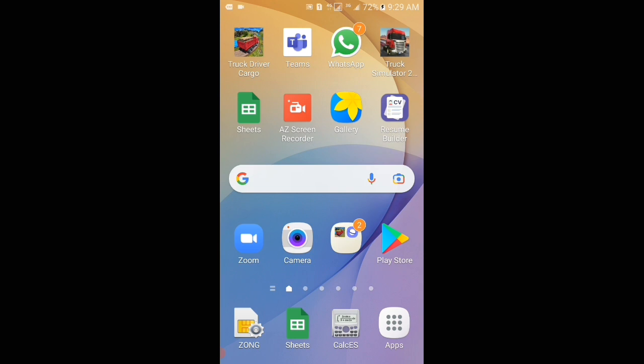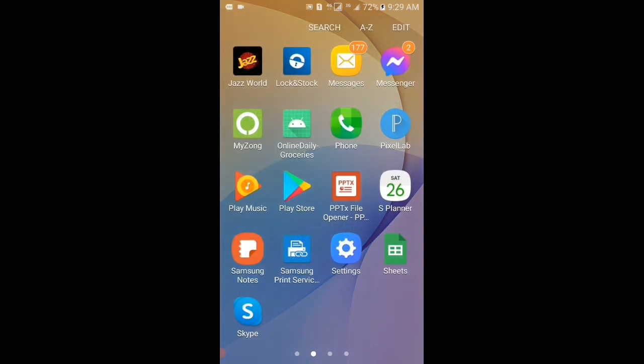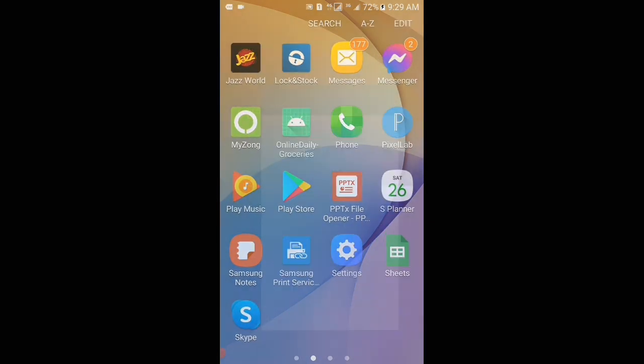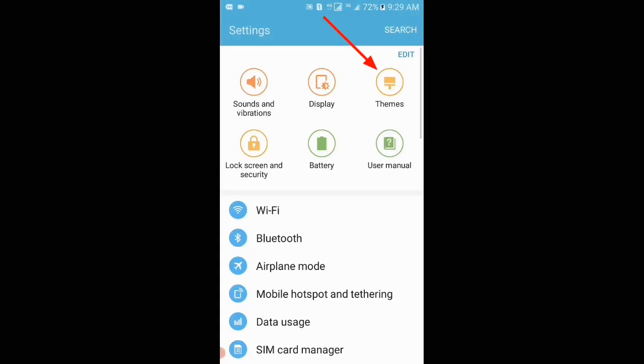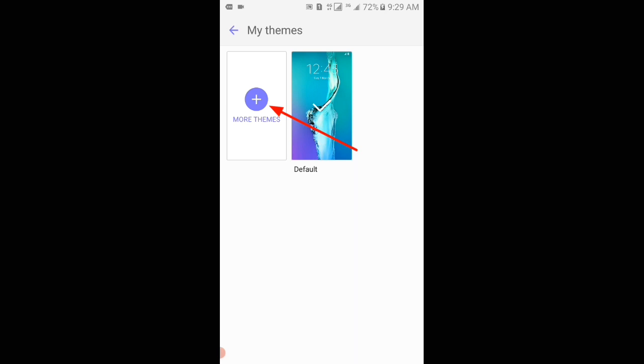So viewers, first of all what you have to do is open settings. So for that what you have to do is tap on apps and then tap on settings. After that viewers, what you have to do is tap on themes and then tap on more themes,